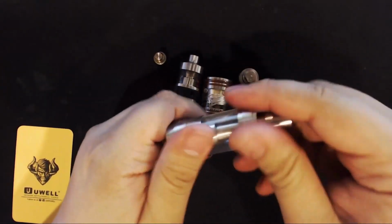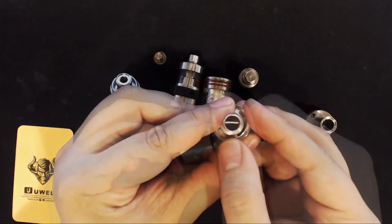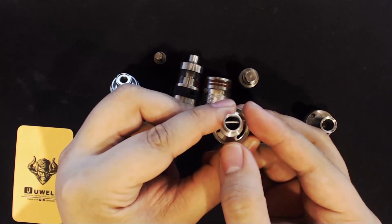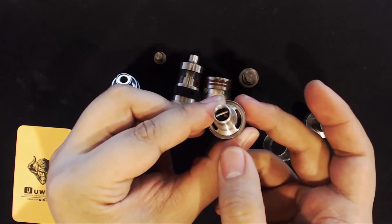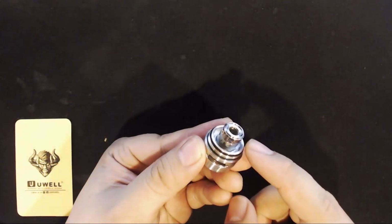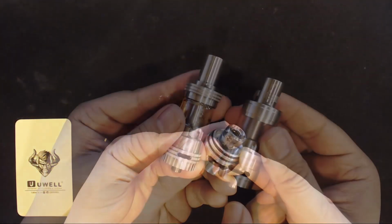However, when breaking down the tank and looking at the chimney, it starts to become very clear. Looking down the barrel of this chimney, we see that there is a plate inside. The plate also has a twist to it, and this twist will not hinder the flow of vapor while still offering spitback protection. Although the coils are still installed very much like any other traditional sub-tank,